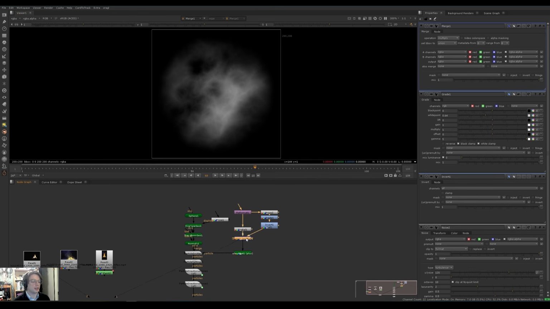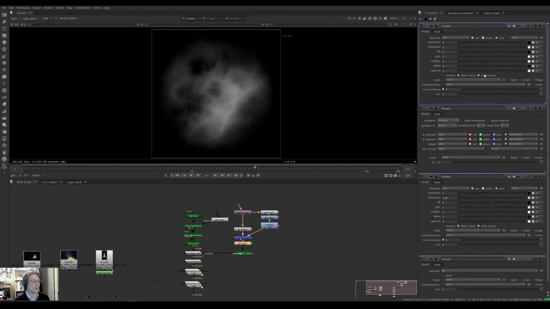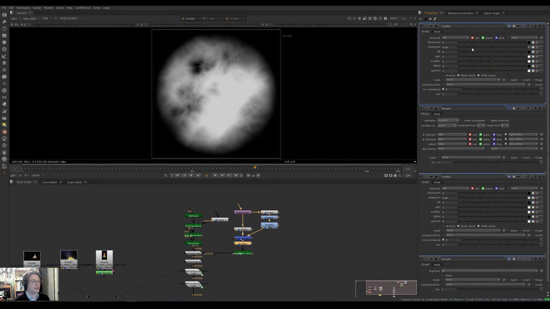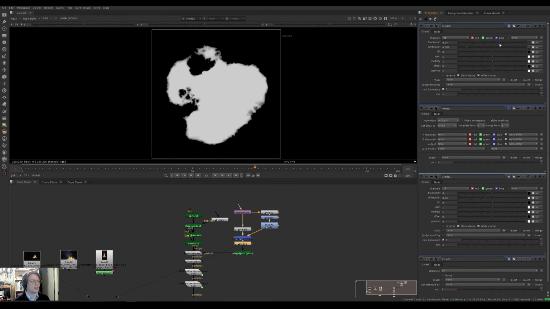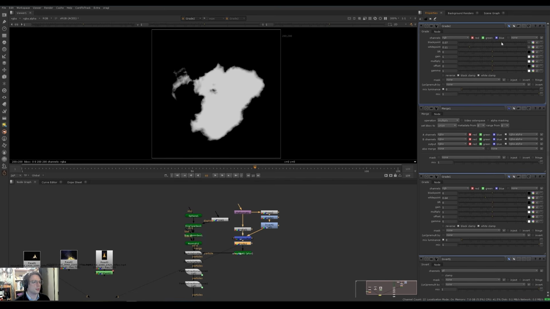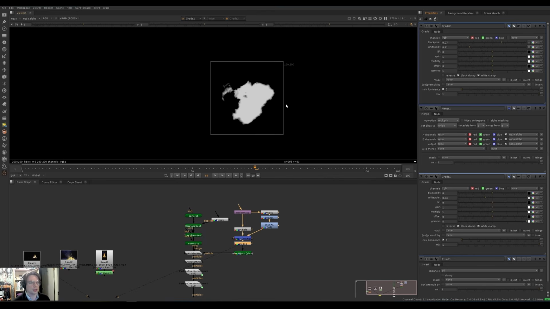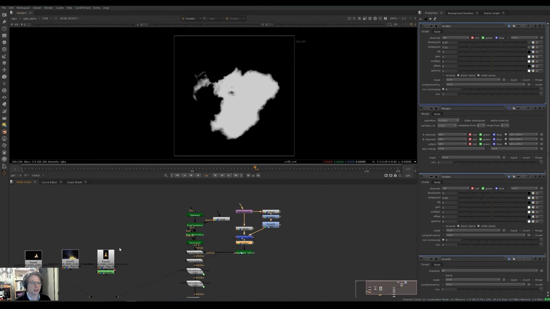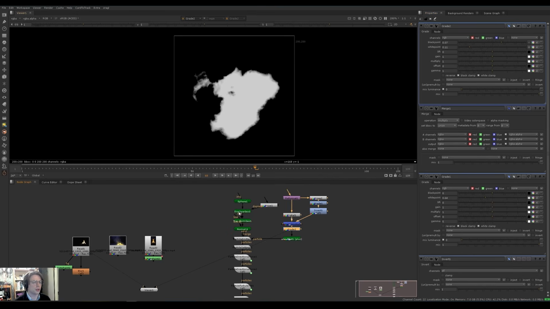But if we put a grade node after this, turn on white clamp and bring down the white point and bring up the black point, now we're getting somewhere. I'm going to bring the white point up a little bit more and the black point up to match. And now we're getting a shape that's actually looking pretty similar to our illustration, although I think it's a little